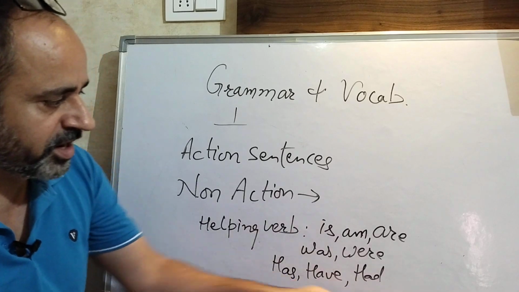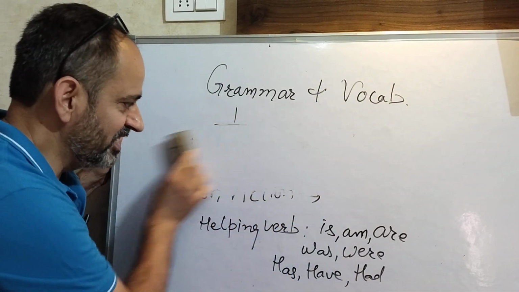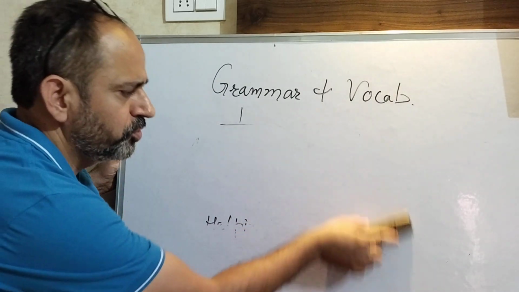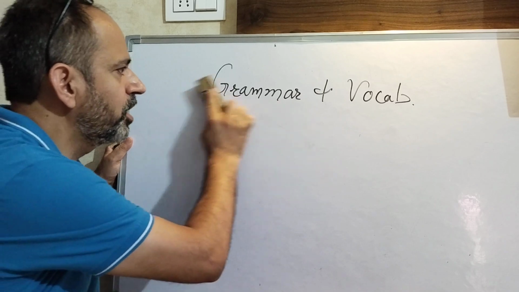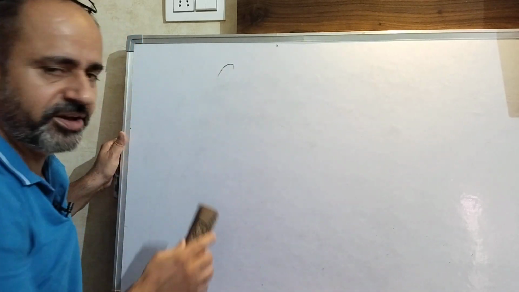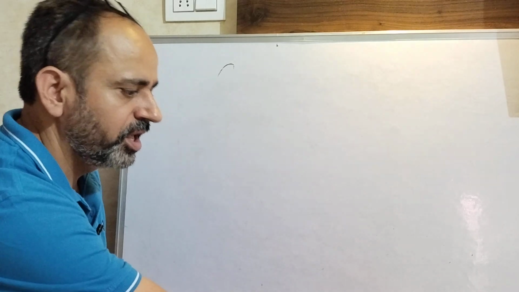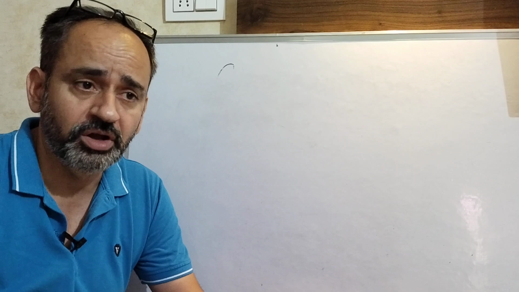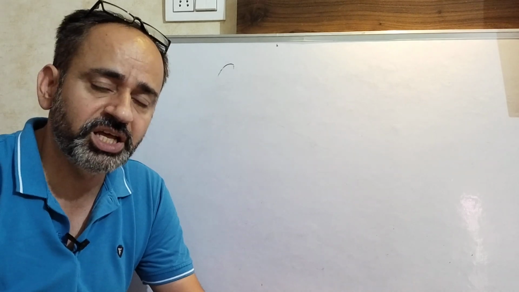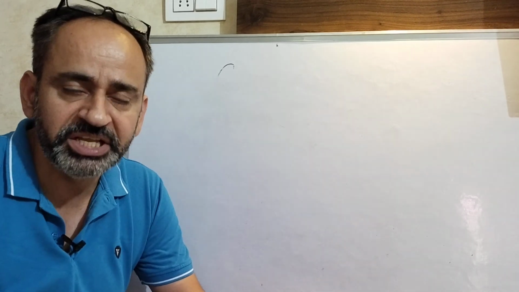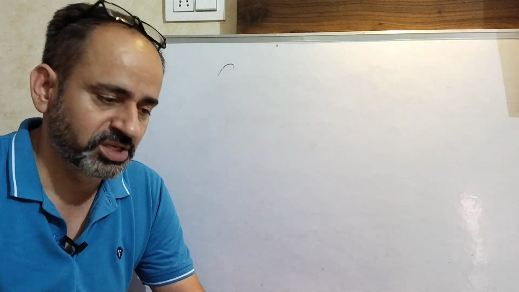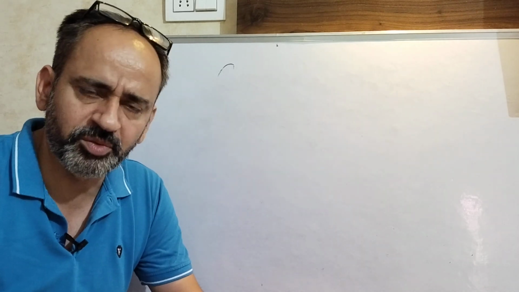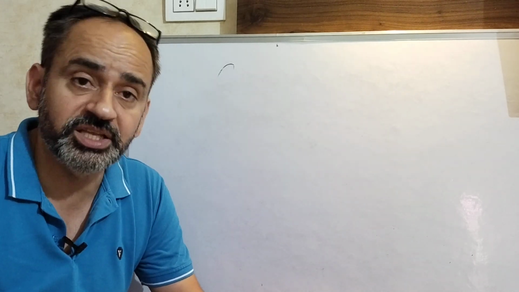So first of all, collect the knowledge of these basic helping verbs, and for that you can watch videos on YouTube on how to use is, am, are, how to use was, were, has, have, had. Or you can buy any grammar book of 8th class, 10th class if you are a Punjab board student, or if you studied in a non-English medium, like in local languages, then you can buy a grammar book of 8th class, 10th class, or any grammar book, and you can easily learn these things on your own.